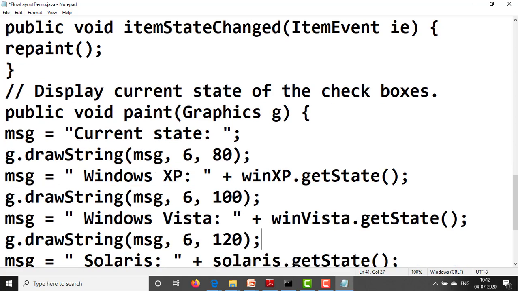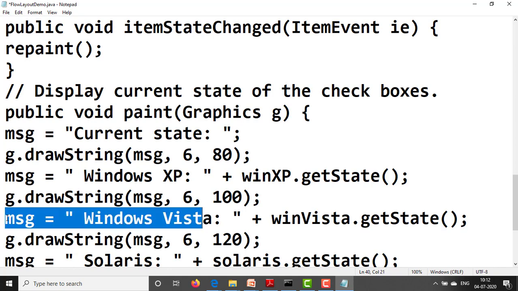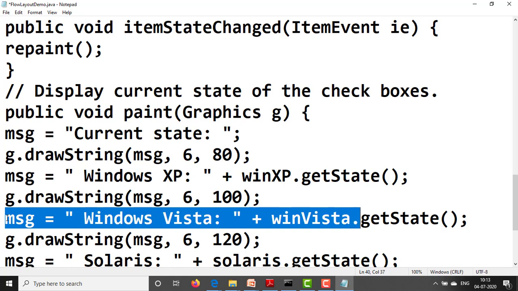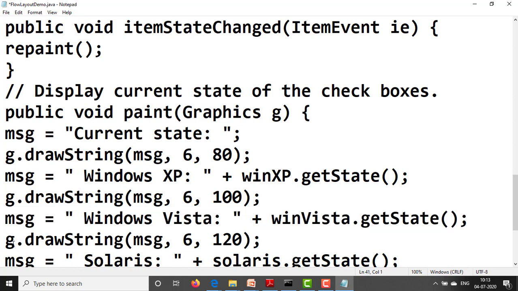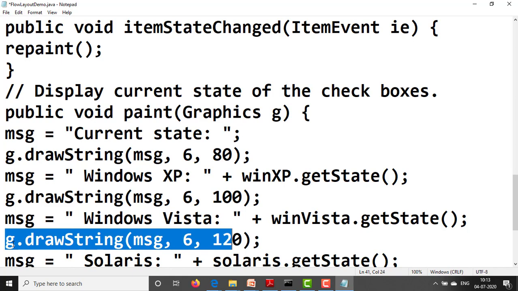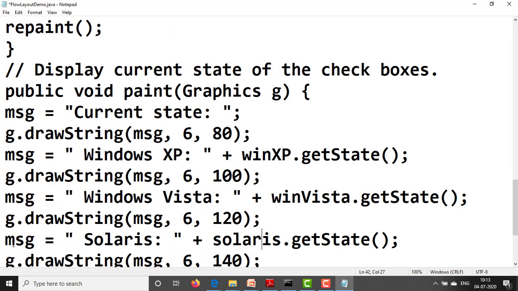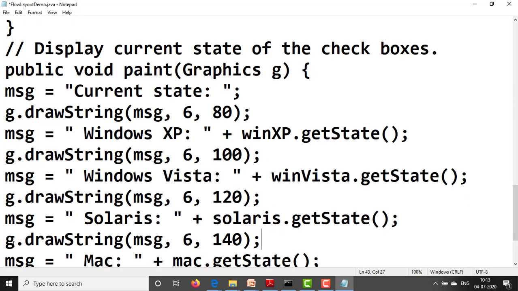Next, msg equal to "Windows Vista: " plus WinVista.getState(). This takes the state of WinVista. g.drawString(msg, 6, 120). Next, msg equal to "Solaris: " plus Solaris.getState(), which takes the state. g.drawString(msg, 6, 140).